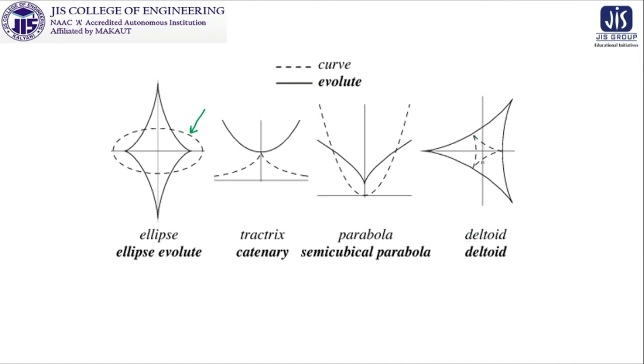Look at this. This is the shape of a deltoid, and what you are getting over here is another shape of a deltoid, which is the evolute of the previous one. The shape is the same, but the size is bigger. One thing to observe, how to become confident. Obviously you can calculate this, the process is there, but before that visual observation is more important.